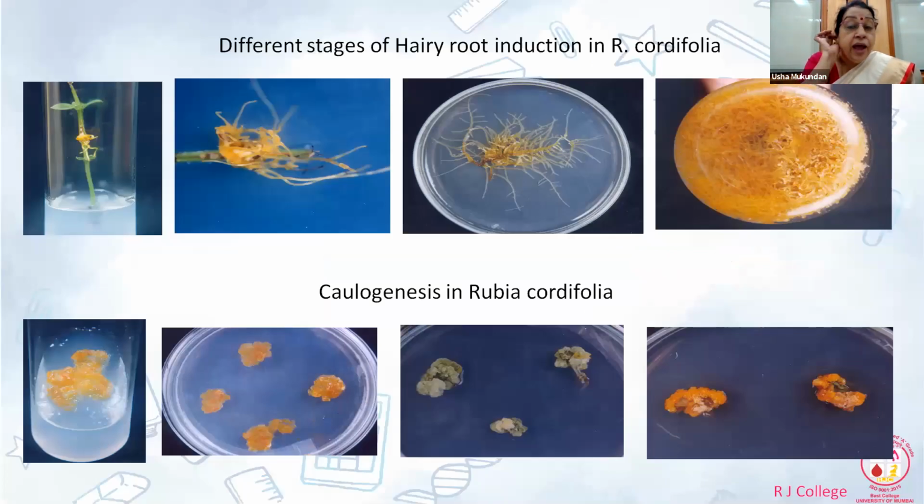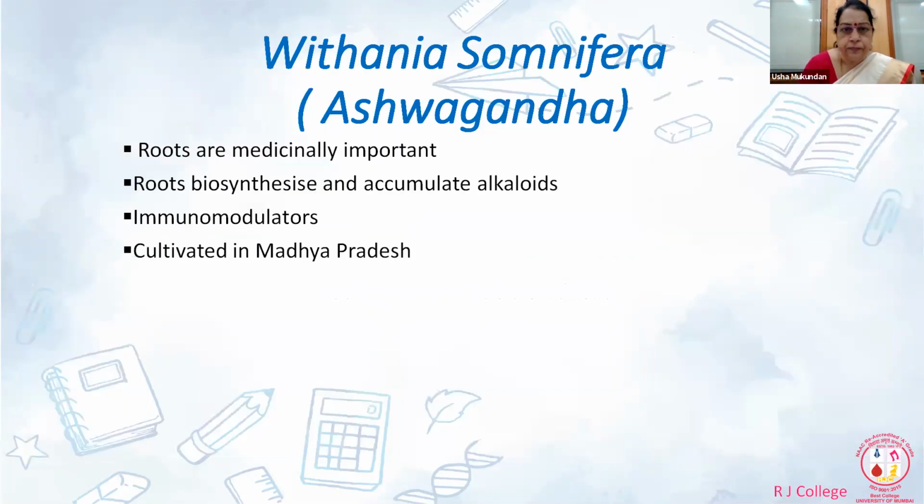As compared to callus, see the amount of callus is so less in the same period, but this entire flask is full of root cultures. It's very easy to analyze alizarin also. You can use a simple TLC or an HPTLC technique, derivatize it, and you can analyze the content. If you have a densitometer, you can quantify the amount of alizarin present.